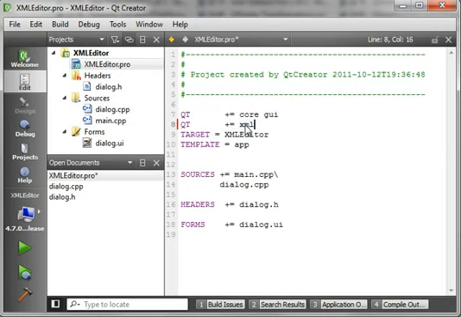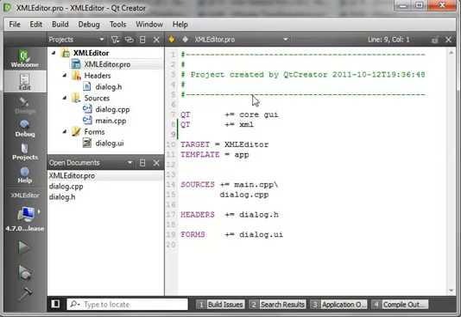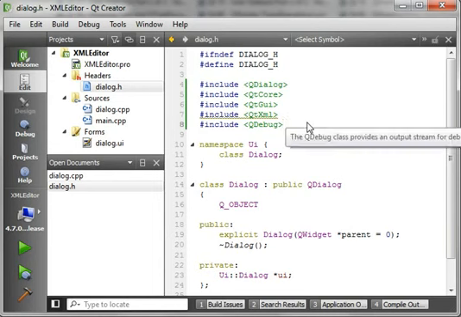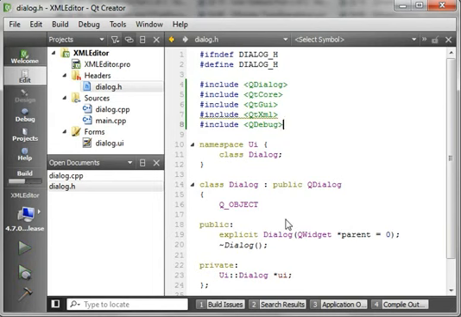Alright, XML. Remember to add XML into your project file or you're going to get all sorts of funky, weird errors, like that was underlined. You see it? Now, I like to, after I do something like that, give it a good build just to make sure everything's working. And while it's building,